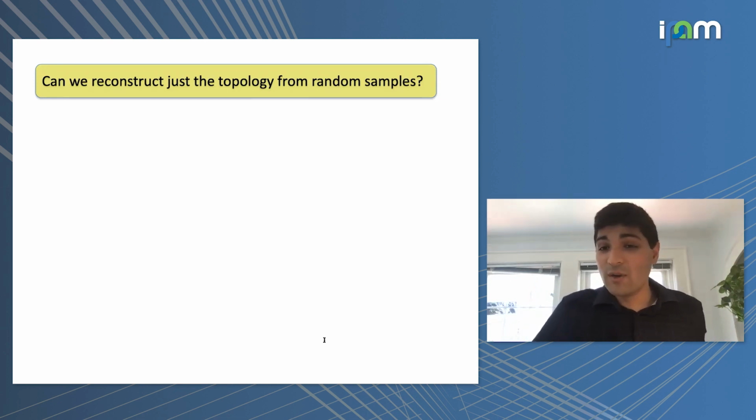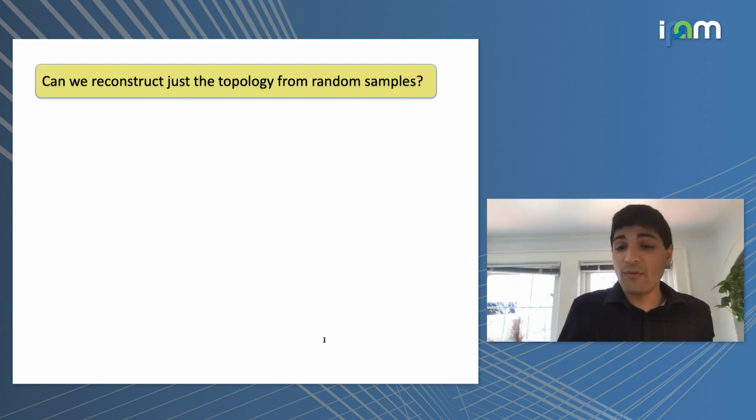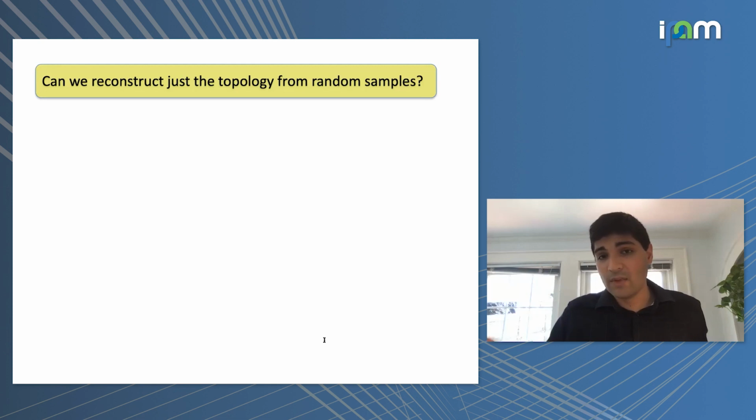One of the first questions you can wonder is, I give you this configuration of symbols along each one of the extant species. Can I reconstruct the topology of the tree from random samples? And then I'll worry about finding the transition matrices later, and that's where Jennrich's algorithm is going to save me.